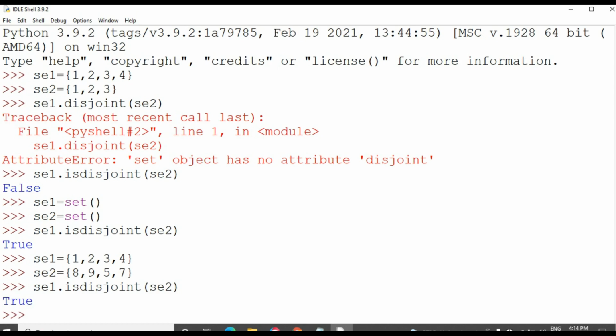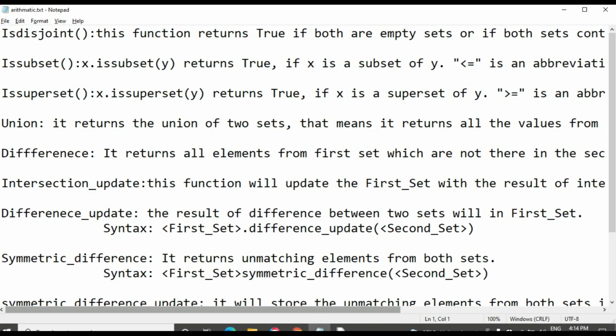See, set 1 and set 2 don't have any matching elements. These elements are different and those elements are different, so they are distinct. Set 1 and set 2 contain distinct elements, so it will display the result as true.